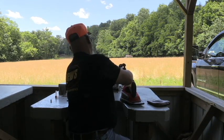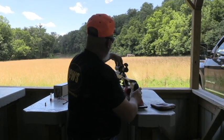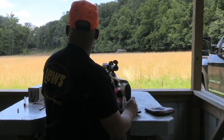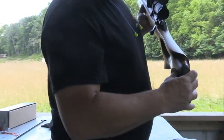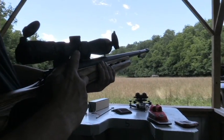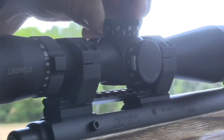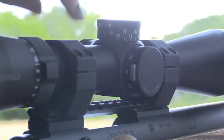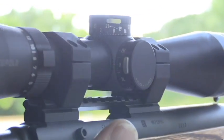Okay guys, we're back loaded up on the bench. I'm going to turn the dial, our elevation knob, back down to 0. I want to show you guys how this works, so I'm going to bring the gun up here towards the camera a little bit. You see this little button sticking out on the windage. There's one on the elevation too, so when you turn back down to 0, that button pops out, locks it right back on 0, and now you can't turn it either way unless you push a button in,